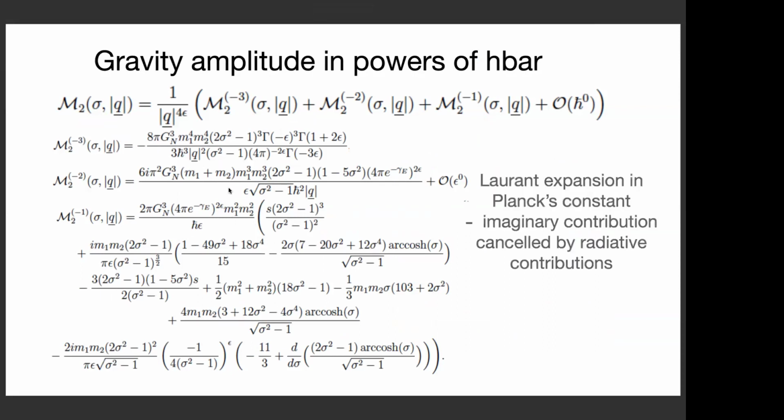And we see that if we also work out the self-energy, the imaginary contribution is cancelled by the radiative contribution. This was found by the group of De Vecchia, Heisenberg, Russo, and Veneziano. So that means that we have a consistent way to think about this amplitude: in fact there is an imaginary part, but it is supposed to be there because it's a radiation piece that has to be cancelled.